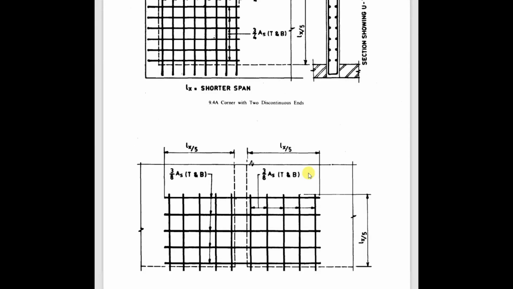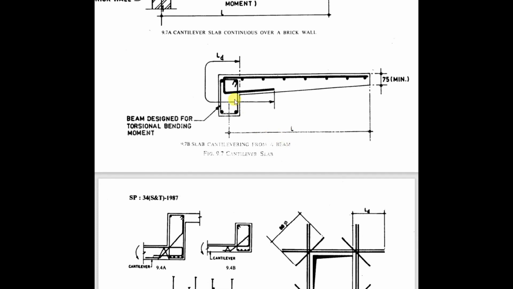Let me show you the detailing. So here is the detailing. As I told you, if the back support is not there and only the cantilever slab is supported by the beam, then this way you have to provide the reinforcement. This is the main bar, and you have to provide the anchorage length, like you have to bend the bar like this and then keep it inside the slab again. So this length should be the development length, LD. LD is the development length. This is how you need to detail the cantilever slab when the back anchorage is not available.